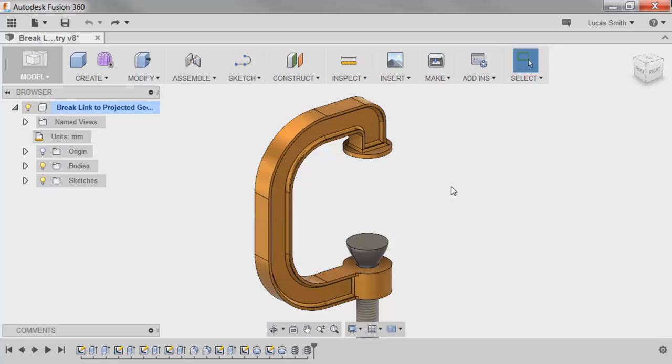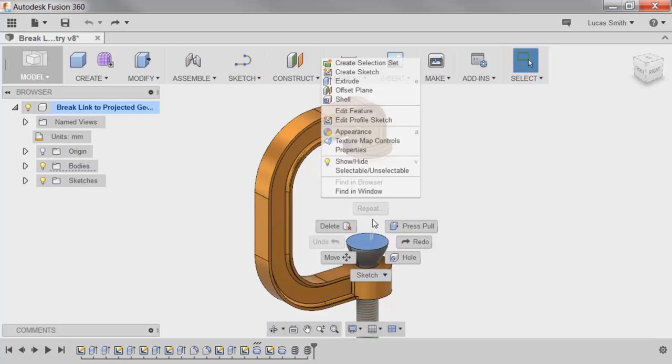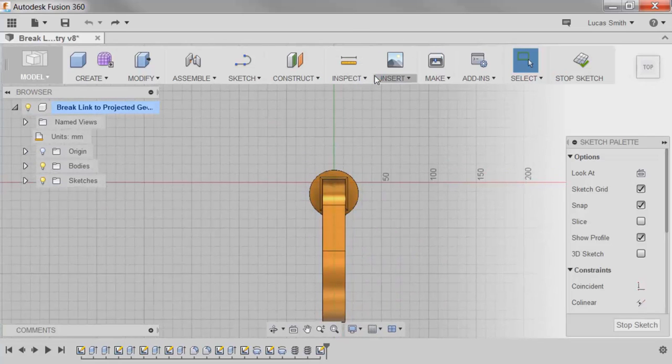To demonstrate this break link command, I'll project the edge of the larger contact pad onto the top face of the threaded rod, and then break the link to increase the size of the rod's contact pad. I'll start by creating a new sketch on the top face of the threaded rod. Rotate the view a bit,